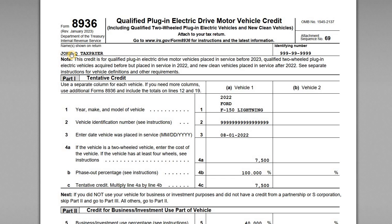Alright, for this Form 8936 video, I want to go over a scenario where a taxpayer is claiming the qualified plug-in electric vehicle tax credit, and the vehicle that they're using has both a personal and a business use component. So most of the time when taxpayers purchase these cars, they're their personal vehicles,